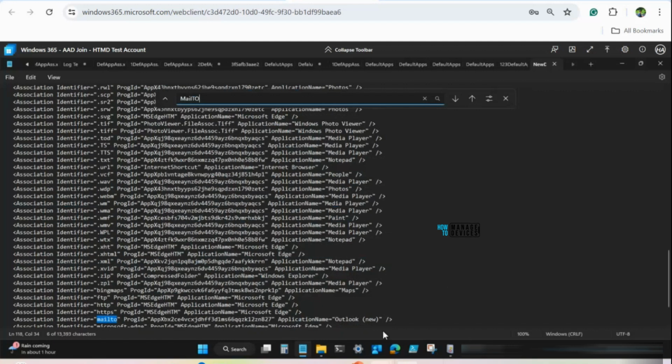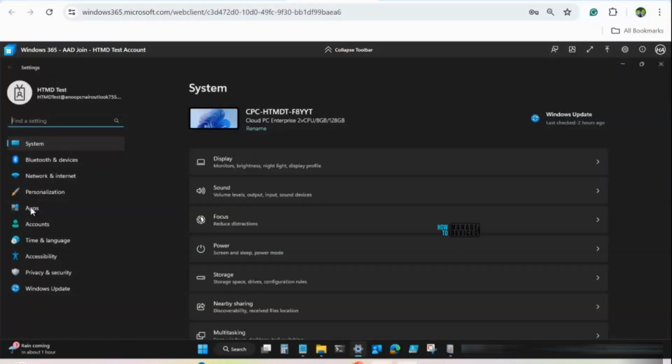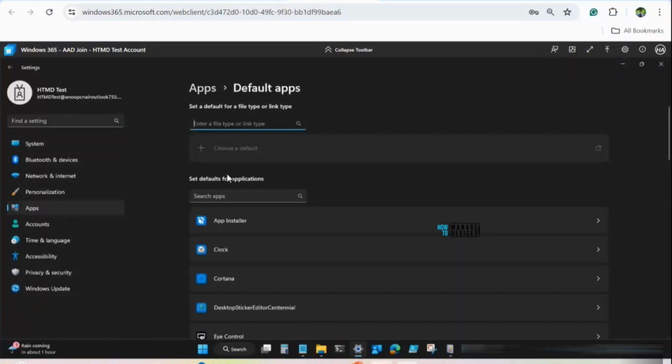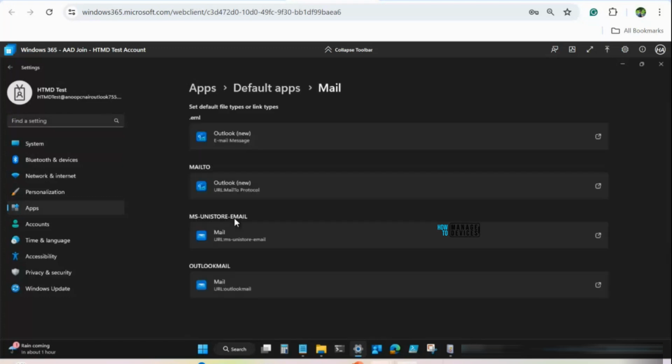So that also got changed to New Outlook. Those are the policies we already targeted. Let's check whether it is changed in the settings screen also. Click on settings, apps, default apps, and mail. Yeah, you can see both .eml and mailto also got changed,